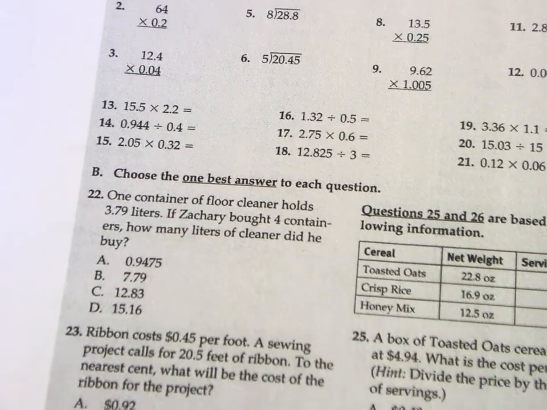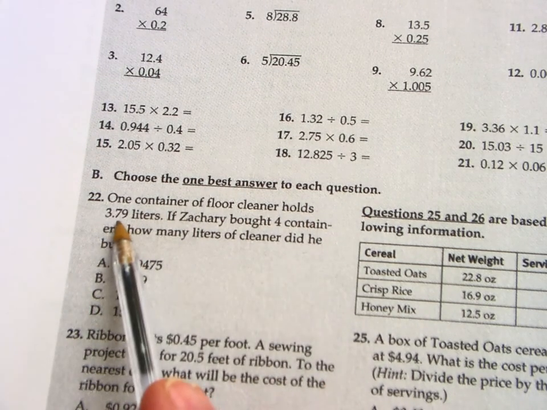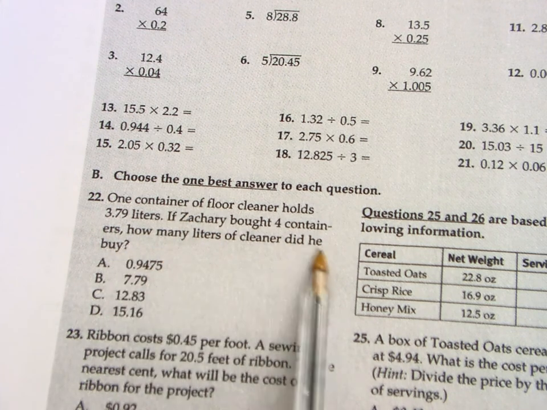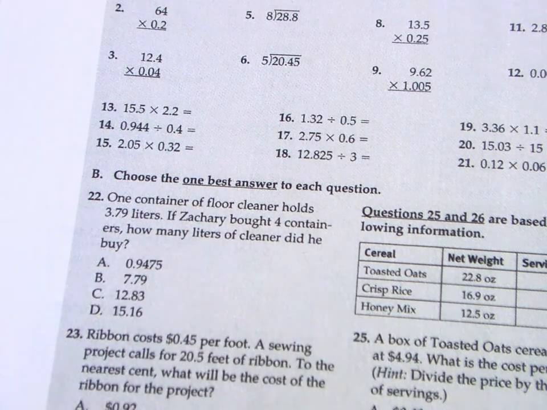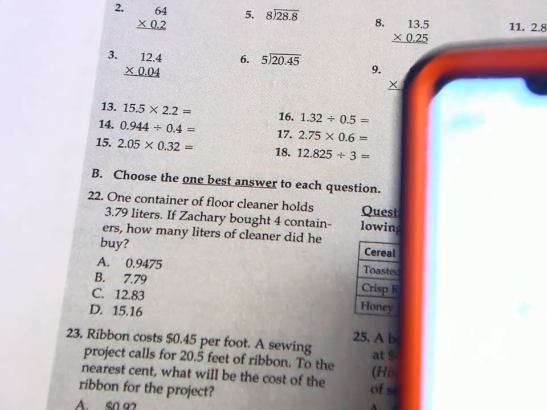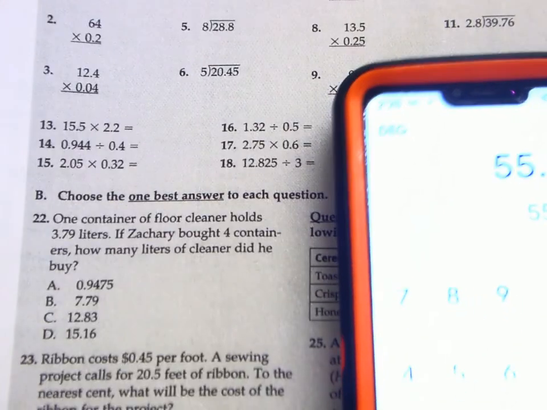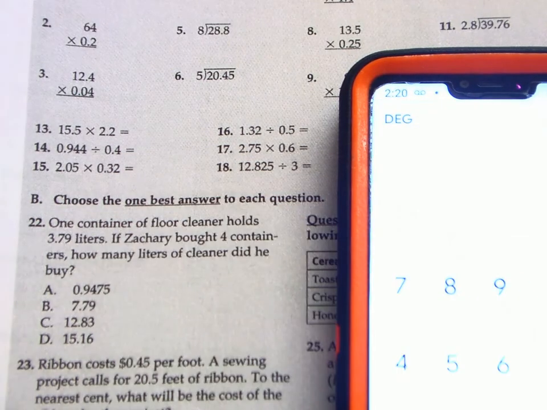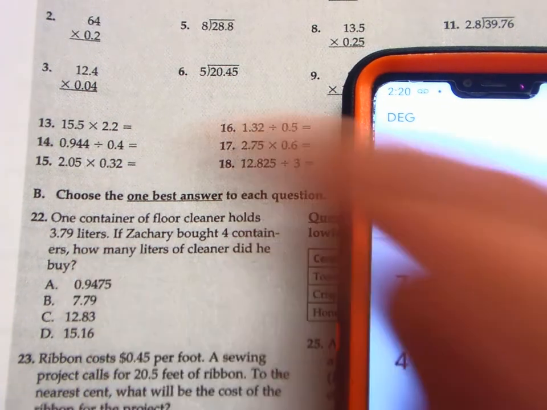Number 22, 1 container of floor cleaner holds 3.79 liters. If Zachary bought 4 containers, how many liters of cleaner did he buy? You can use your calculator. What kind of problem is this? If you know how much 1 costs and you want to know how much 4 costs, you're going to multiply. Now, you could add it 4 times, 3.79 plus 3.79 plus 3.79 plus 3.79. But that's the same as multiply. So we're going to multiply